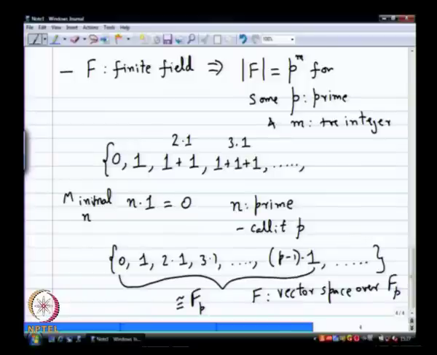There will be m basis vectors, and you take just m possible coefficients to multiply and add them to make linear combinations, and you get all vectors in F. So clearly it has to be P power m. That was a very quick half-page argument, but usually if you read a book it takes some time to write it down carefully. When you write all those things down, you can show that just because F is a finite field, the number of elements in F has to be equal to P power m,